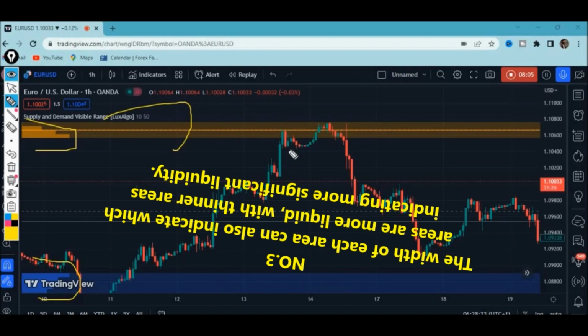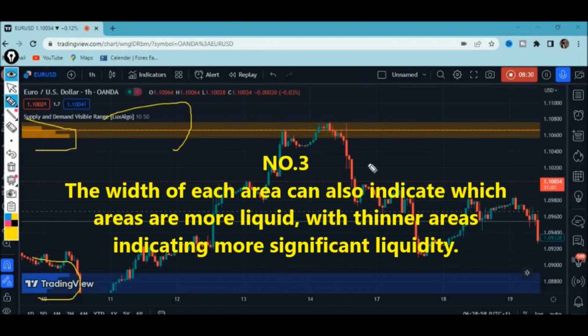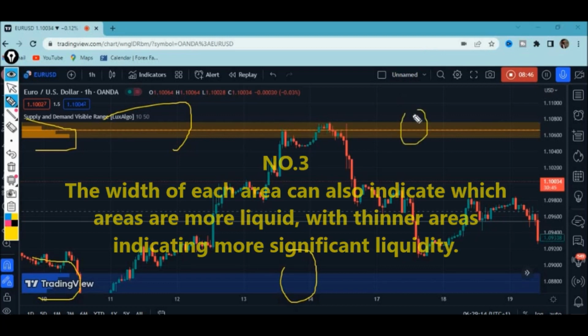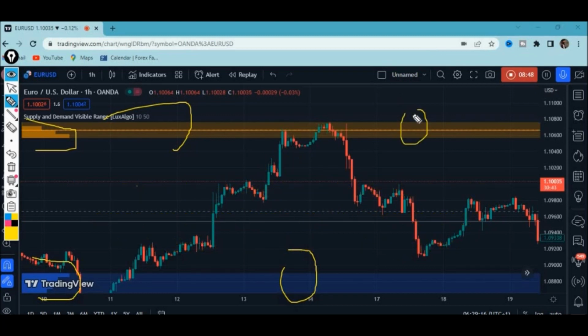Usage number three, we're being told the width of each area can also indicate which areas are more liquid, with thinner areas indicating more significant liquidity. So you're supposed to understand about the width of these areas over here. The width really shows us liquidity that is present in the market. So the thinner width really shows us that there is liquidity in the zone, and you're supposed to really know